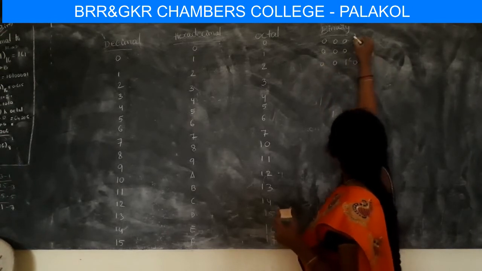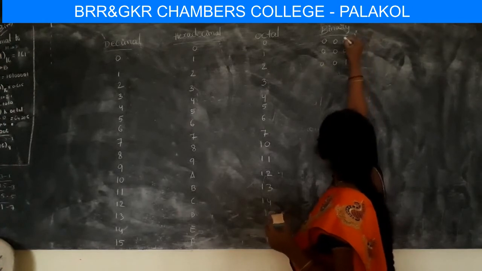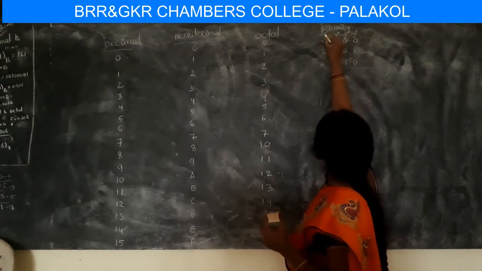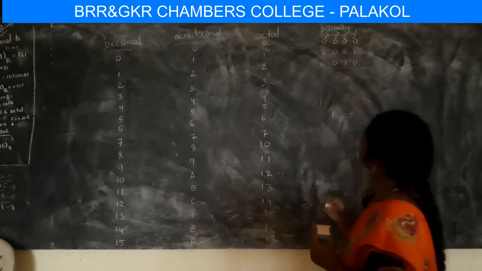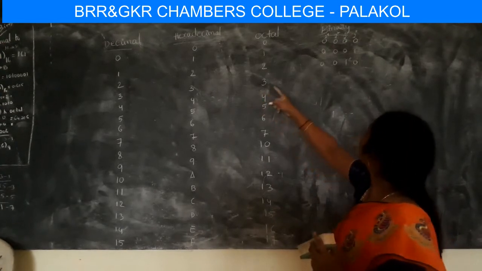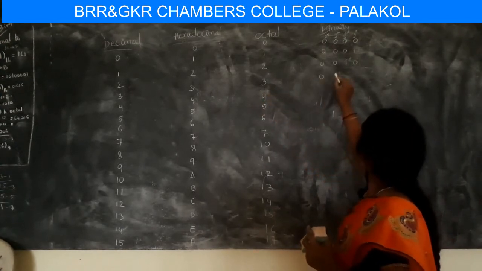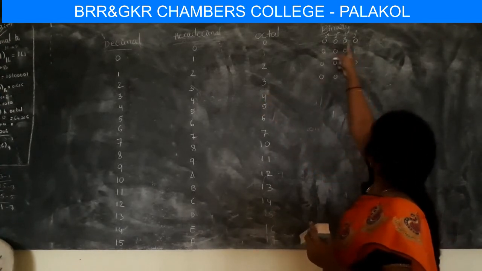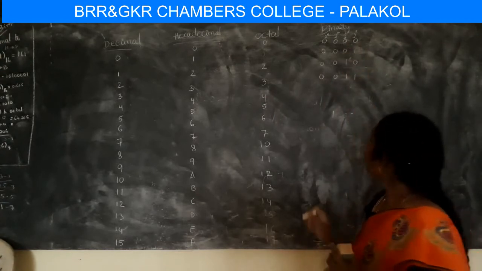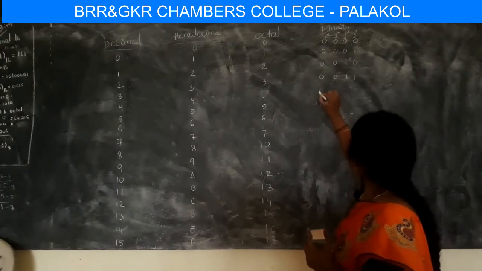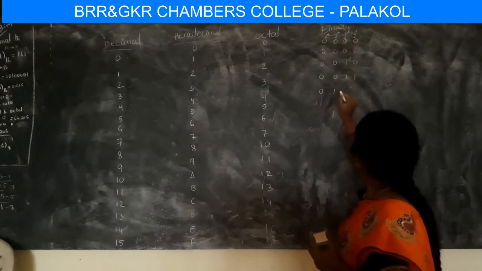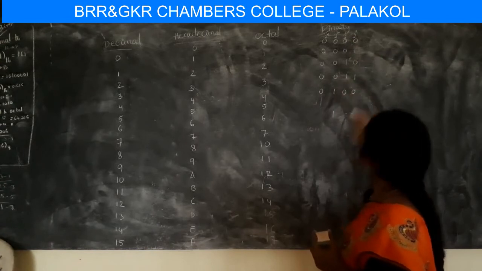If we can't understand, we have to write like this also. So here 2 square and here 2 power 4. And we will represent the number 3. So here 0, 0. So 3 is nothing but 2 plus 1. So that's why 1, 1. And after that 4. So here this is 4. 4 is nothing but 2 square. So we will put here 1 and remaining zeros.